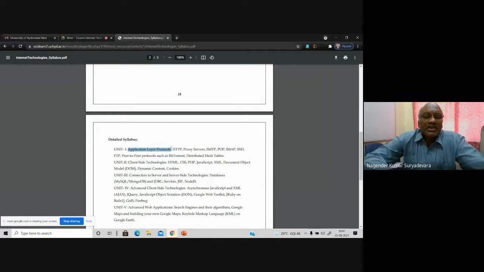So, what are application layer protocols, and what is their purpose, and what is the use, and what is HTTP? I will start very slowly, and we will go slowly. I will not rush to complete the syllabus. We'll have the optimum way of interacting with you, so that we will not discuss 4 or 5 topics in a class in 1 hour or 2 hour sessions.